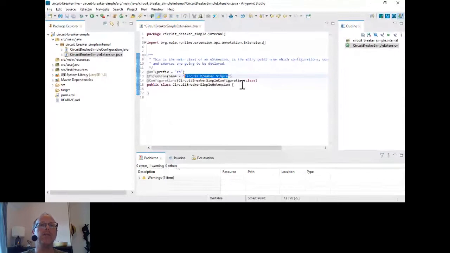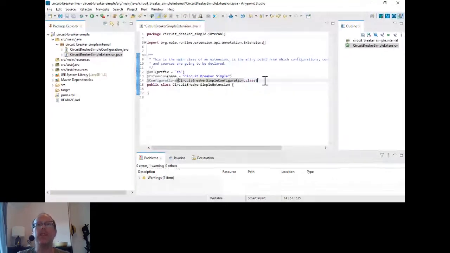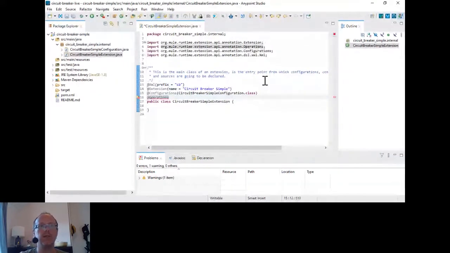And then we have some configurations. So we need to create some configurations. This class is actually executed during instantiation. So this is where the lifecycle methods are going to be implemented. I'm going to add here as well the actual router, the router class itself. So I'm going to add in operations. Let's see if this auto completes. Yes, it does. So I'm going to create a new class called